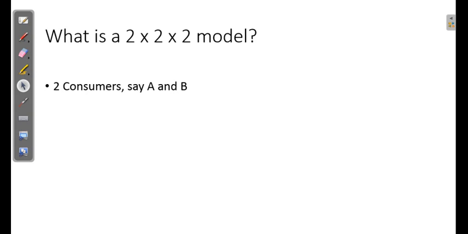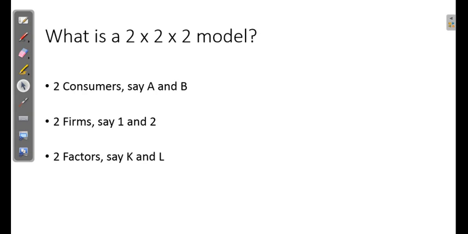Basically, the first two elements are the two consumers in the economy, say A and B. Then the next two are the two firms, say 1 and 2, and the next two are the two inputs which are used to produce commodities for the consumers, and they are produced by the firms. So the two factors are capital and labor. Together, these two consumers, two firms and two factors have been taken in the model in order to simplify the general equilibrium model so that we can understand how it works.